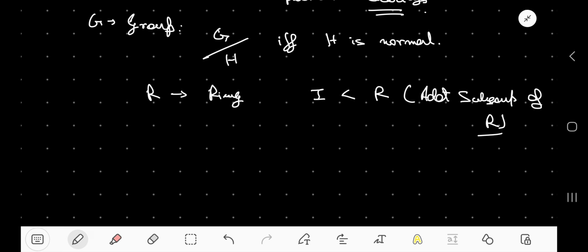But the thing is that since R is abelian, if I talk about any arbitrary subgroup, it's indeed normal. So I have a well defined notion of a quotient group. Now if I choose I to be a subring, and that is the exact symbol which I have used, then indeed it needs to be an additive abelian subgroup of R. That's quite precise. So in that way, if I talk about a quotient ring,